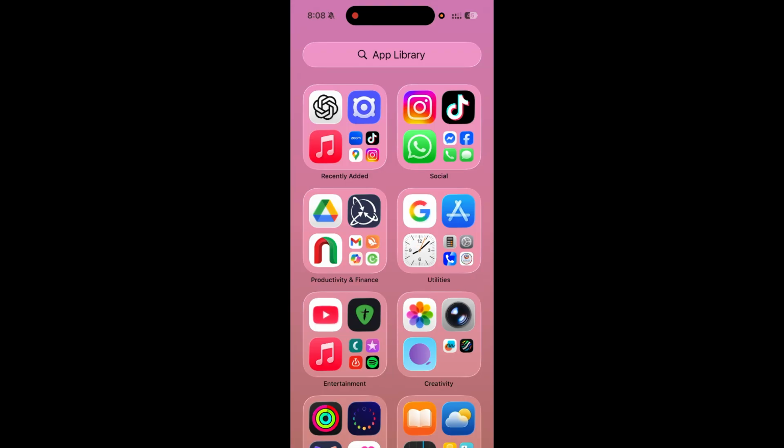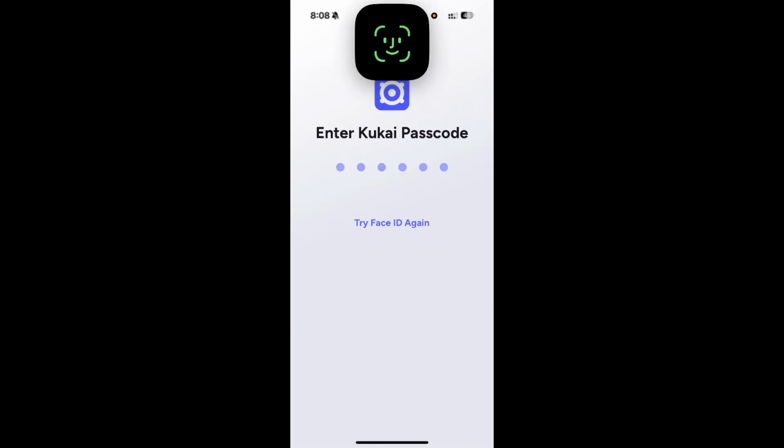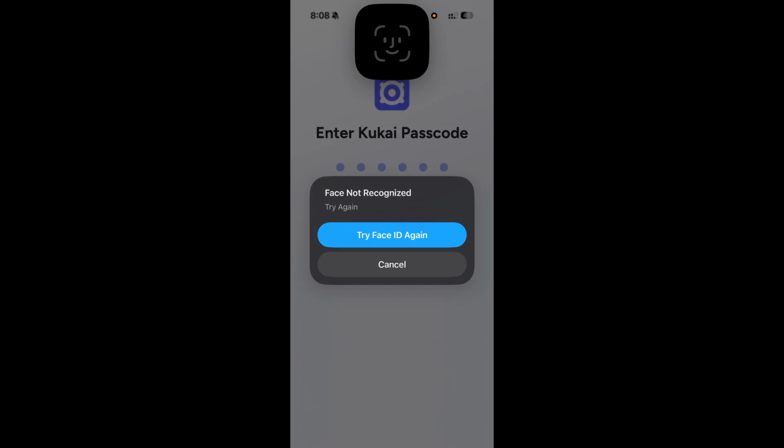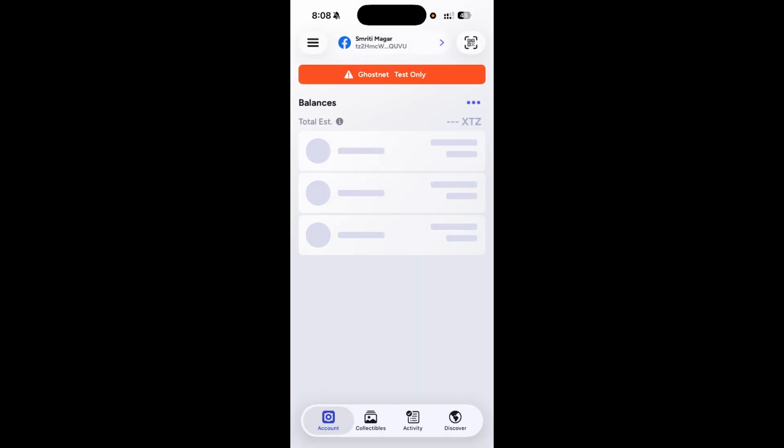So to get started, you need to open your Kukai Wallet in a browser, or you can open your Kukai Wallet on your phone. Over here, always make sure you are on the official site and open it with your Face ID or your passcode. And once you reach this interface of your Kukai Wallet, what you can do is